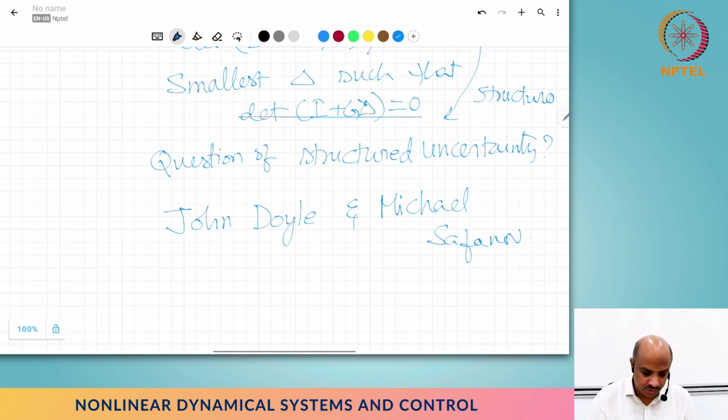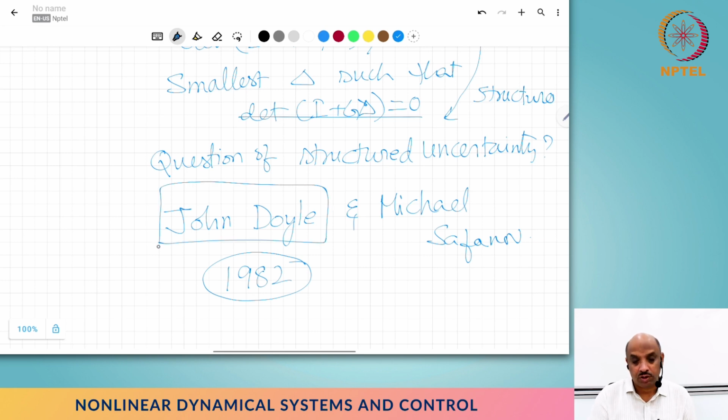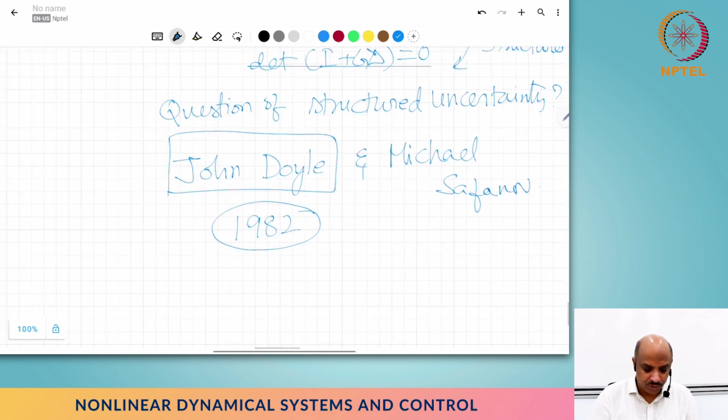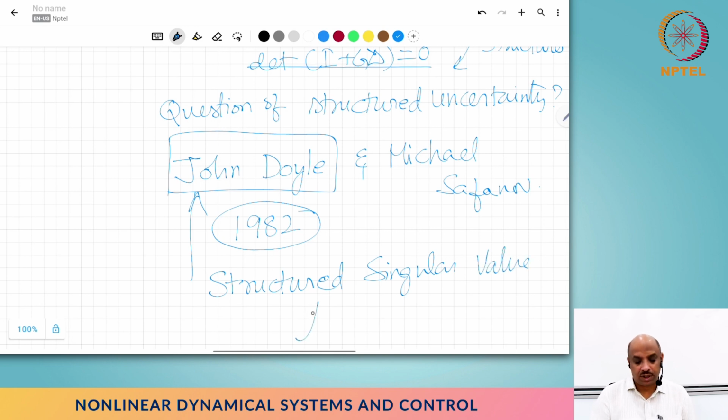Both are excellent, excellent researchers, and then both published papers in 1982. But the work by John Doyle is much more accepted, and if anybody talks about it, basically they talk about this concept called structured singular value, right? And he gave a symbol for that, and then basically it's mu,